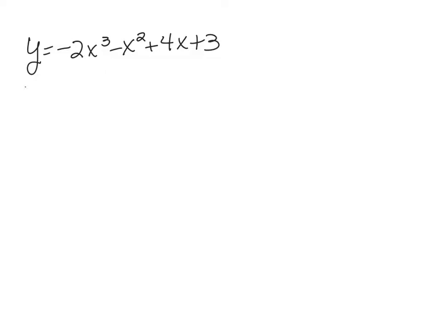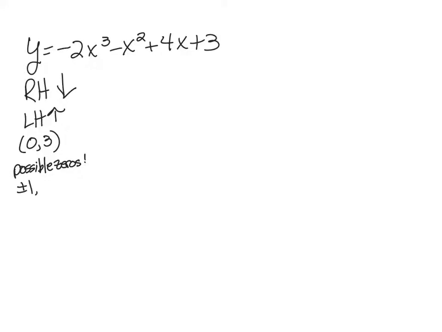All right, we have a different situation than we've had before. My leading coefficient is negative, which means my right hand is down. Degree is odd, so left hand is the opposite. But my possible zeros are going to be fractions. I'm going to start with the factors of 3, which is going to give me plus or minus 1 and plus or minus 3. But all of these factors have to be